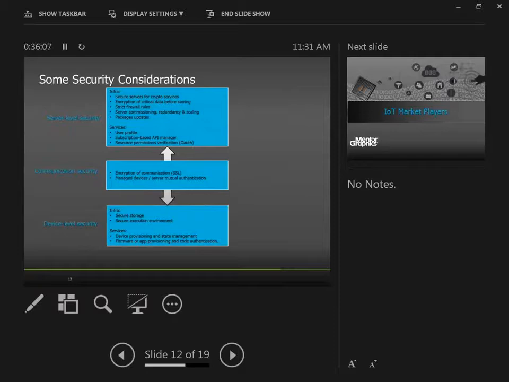Similarly, I already mentioned that in order to improve the security of your backend, you don't want your servers to be manually managed, meaning that there is some IT guy who goes into the server and decides to update or not the latest package. All those operations have to be automated, via a proper platform as a service layer or cloud management system.